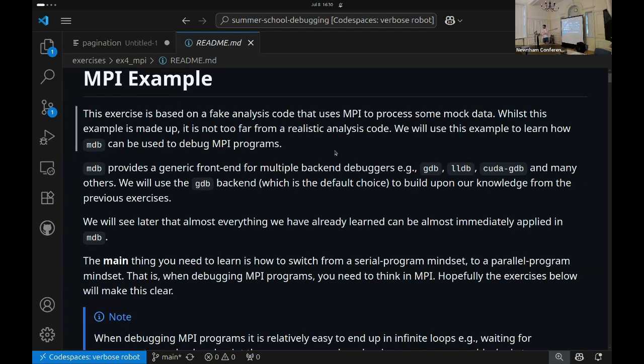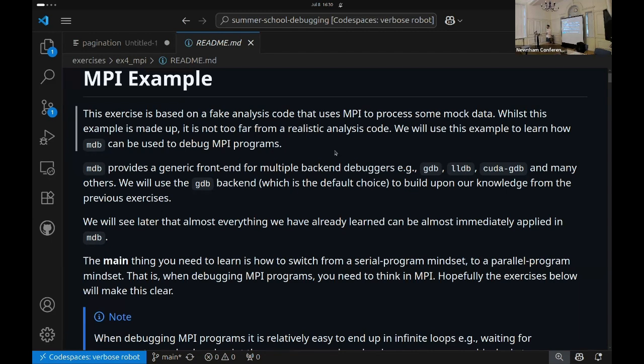Like I showed you how I launch it. You basically launch n separate copies of the debugger. This is where you need to have an understanding of the code somewhat. Unlike with the serial code where you can just throw it into the debugger and be like, run my code, do this. When you get to parallel programs, there are differences that you kind of then need to start to